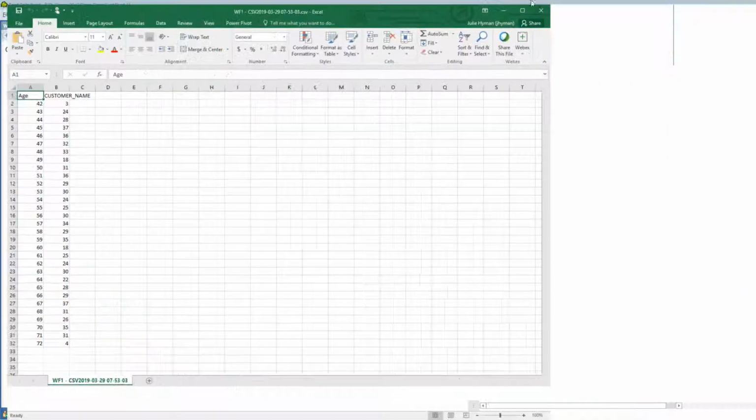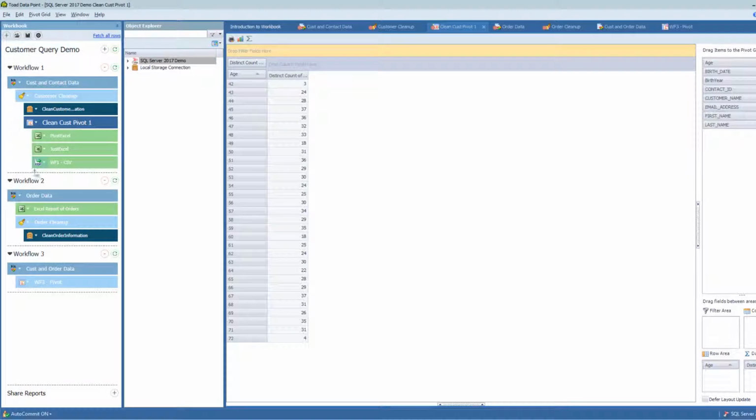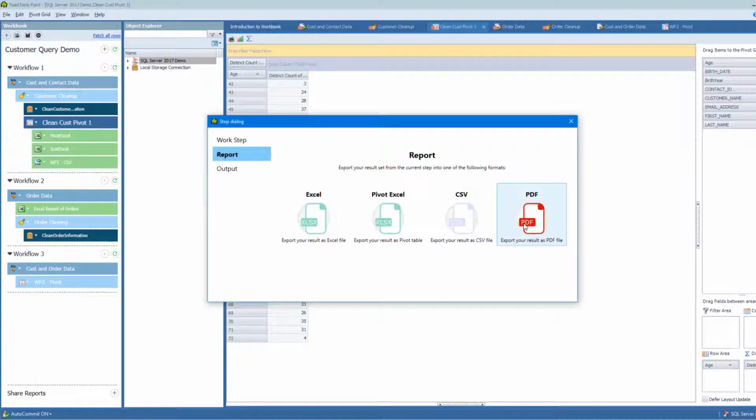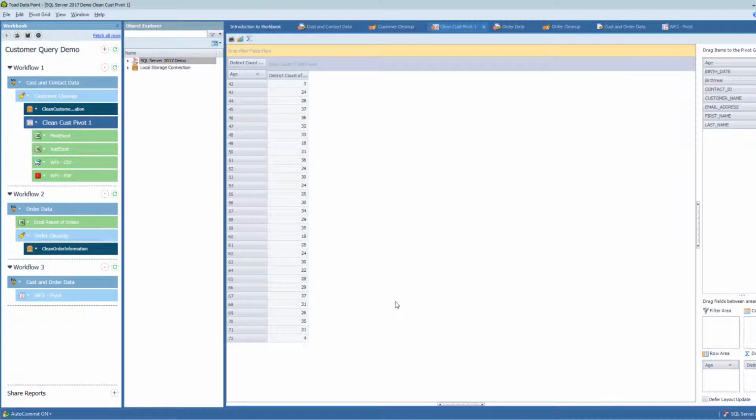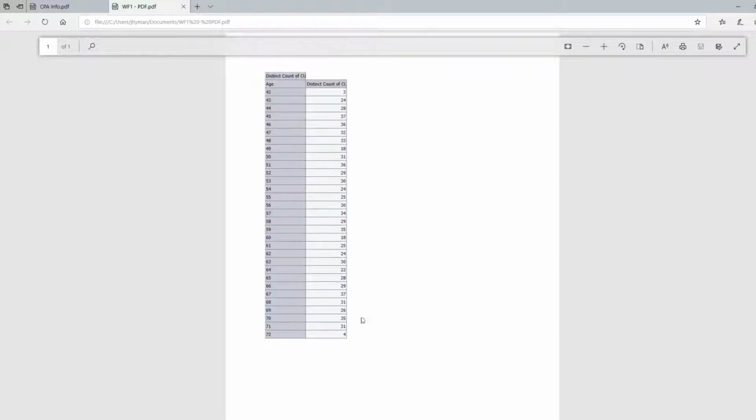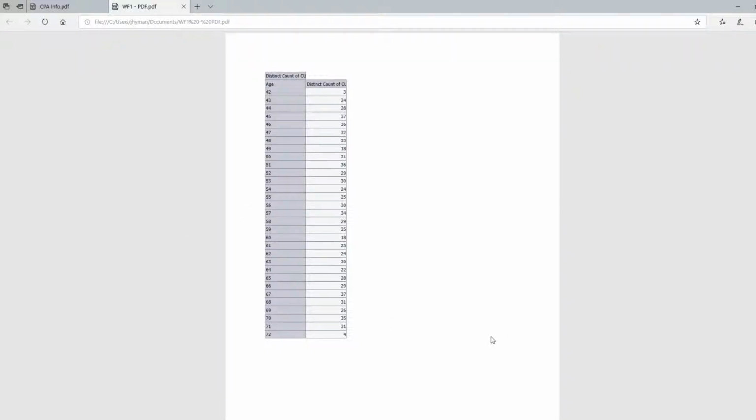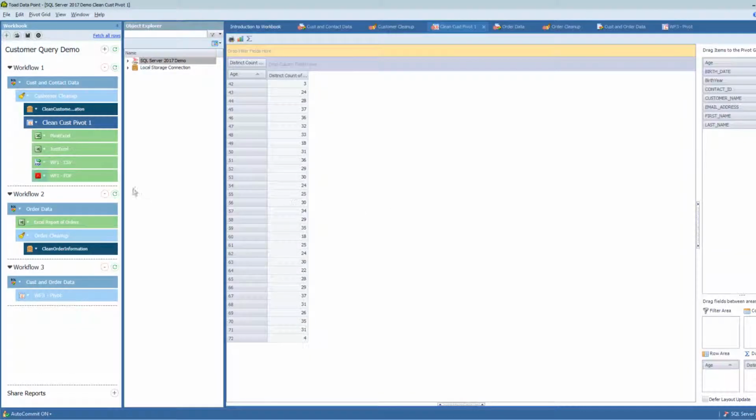And then lastly, let's take a quick look at what a PDF looks like. And we'll go to the reporting and go to PDF. And we'll have it generate this report as well. And you can see it's almost exactly what I have on the screen, just in a PDF format. So hopefully that gives you some ideas of the different kind of reporting outputs that you can create from the system.